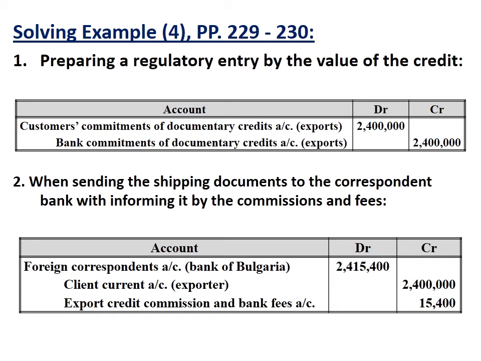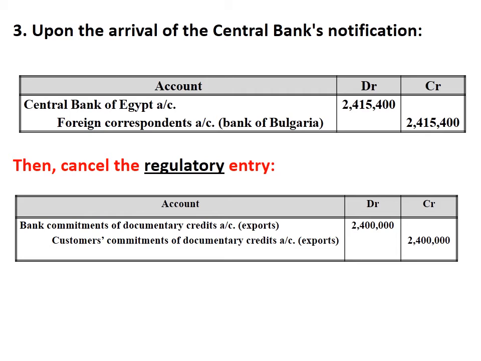Client current account as exporter, 2,400,000, and the export credit commission and bank fees 15,400, as he told me then. Number 3, he said that a notification arrived to the bank informing that the Central Bank of Egypt has collected the value and added it to the account. That's why we said Central Bank of Egypt in the debit party of the entry,